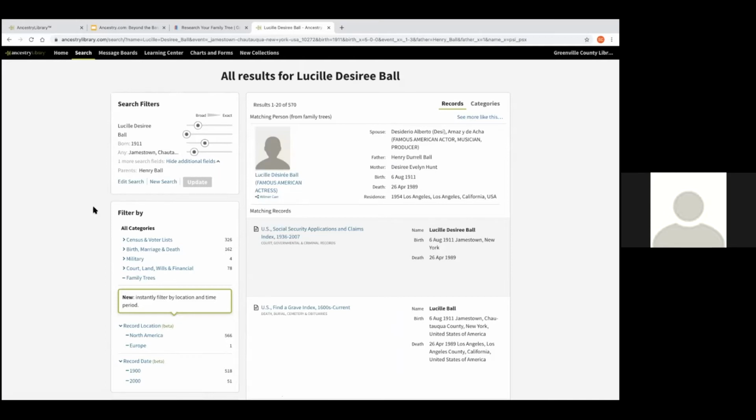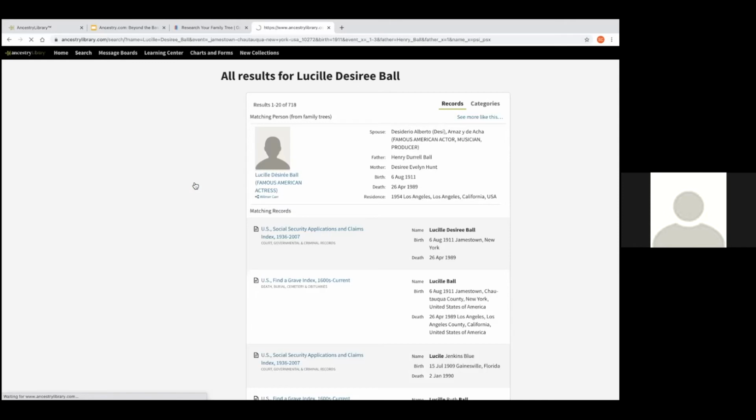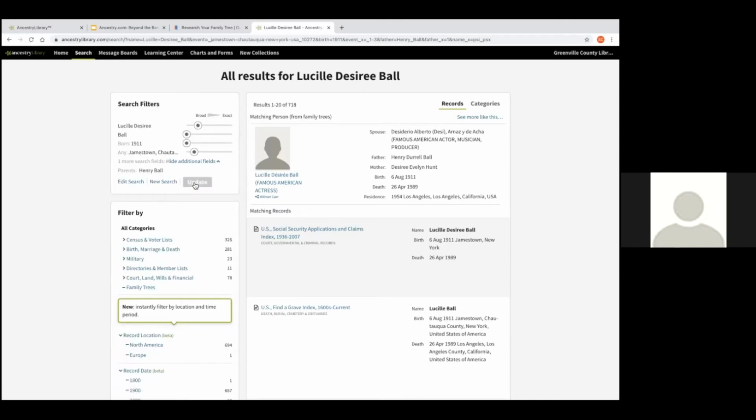And now that we've used some of these filters, I can always adjust in this screen as well. I can drag these sliders if I want to see more results than 570. I could try making these a little bit more broad, because right now on her birth year, I'm at plus or minus 5 years. I could easily drag this and make it broader and then click update. And now I've got a few more options there, and you can just play around with that and change it until you get enough results, or refine. If you have too many, you can make it more exact if you want to.